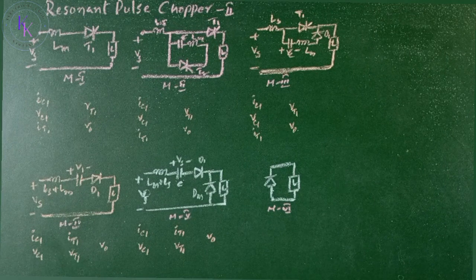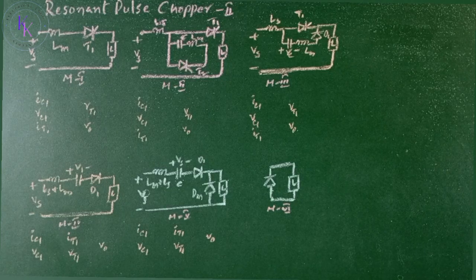Resonant pulse chopper part 2. We have seen the 6 modes of operation of the resonant pulse chopper in part 1. Please check the description. The link is given. In this video, we'll try to draw the waveforms for the current and voltages through the capacitor and the thyristor